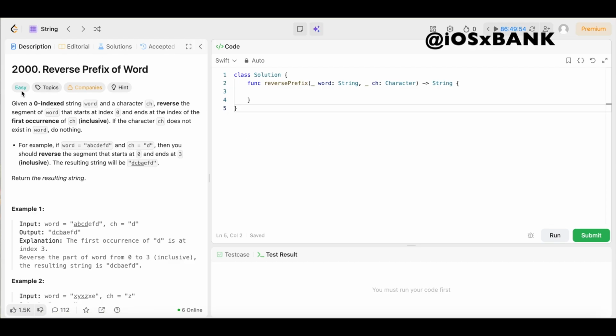The difficulty level is easy, so you already know we're going to keep the solution as simple and easy to